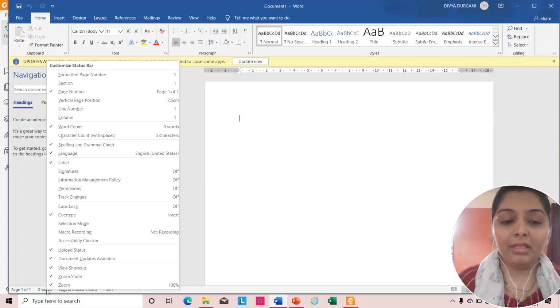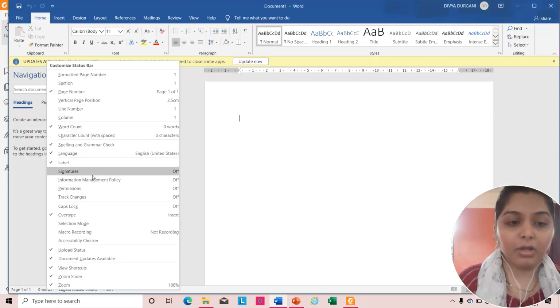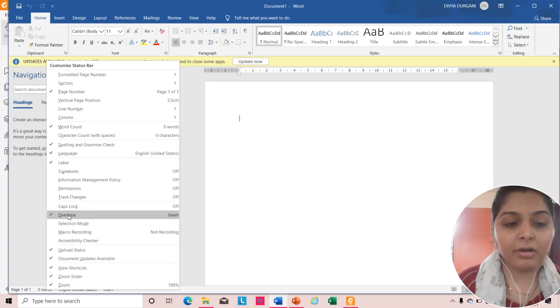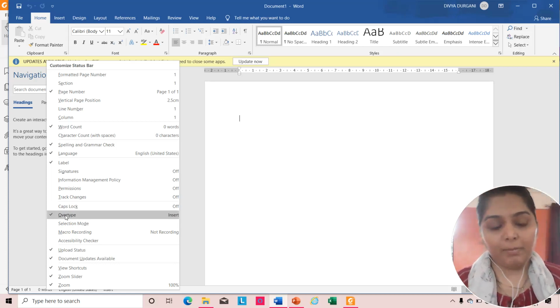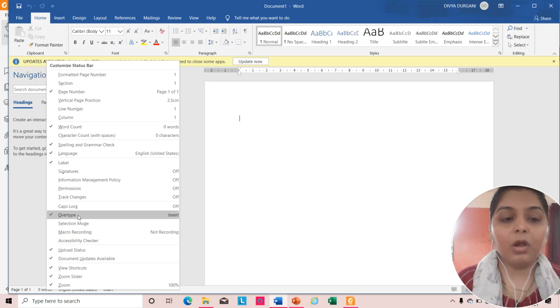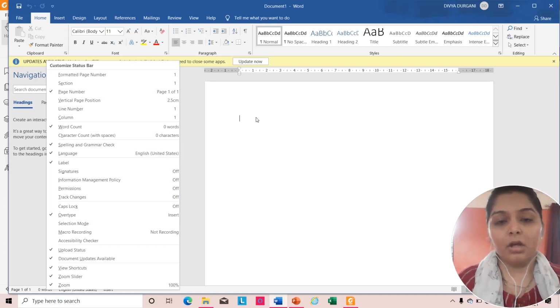Okay, and then a dialog box will appear like this. Okay, look over here, dear children. As I am highlighting it, you can see overtype and insert. You have to select this option. Okay, you have to put a tick mark on this option. After that only you can insert any text or you can overtype any text. What you have to do? Right click on the status bar, put a tick mark, select this mode, that is overtype and insert mode.